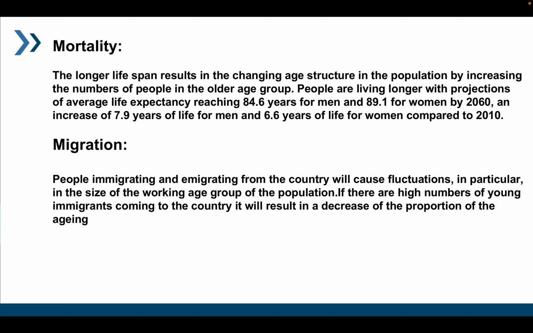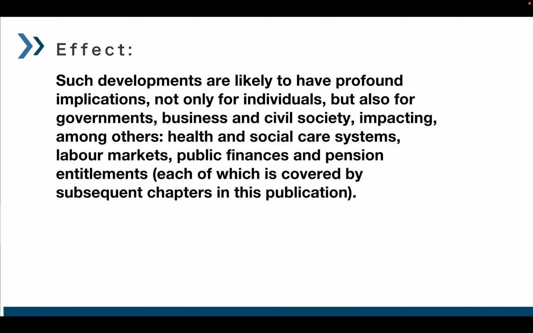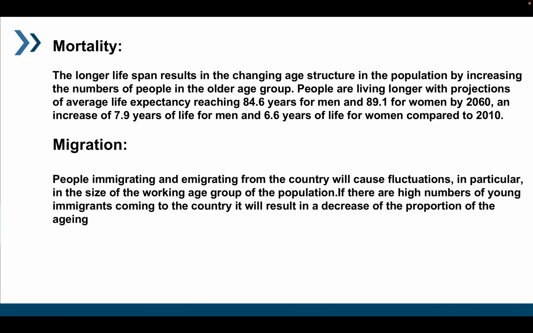Immigration and emigration for a country will cause fluctuation, in particular in the size of the working age group of the population. If there is a high number of young immigrants coming to the country, the population aging is projected to slow, as in Luxembourg, Switzerland, Norway, Germany, Sweden, Finland, Belgium, Denmark, Austria, and the United